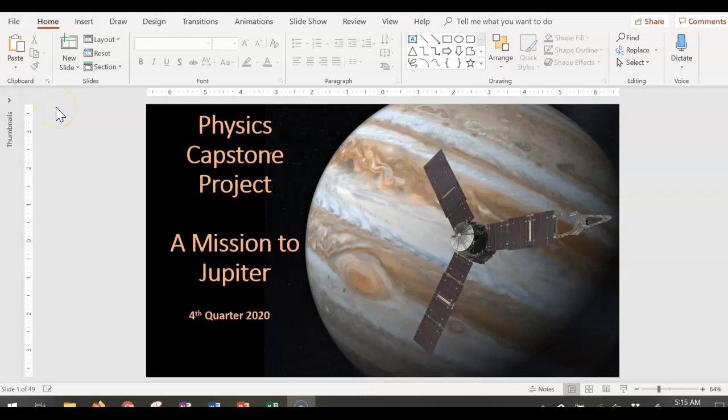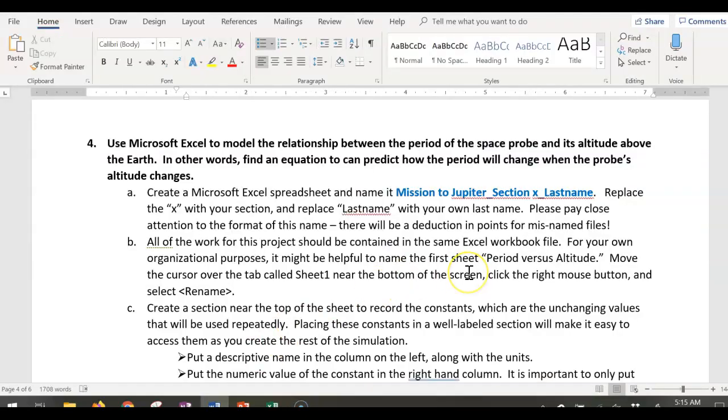This webcast is going to talk about how to do the Excel portion of Part A of our capstone project, A Mission to Jupiter. So I am beginning at step 4 when it says that we should start to use Microsoft Excel to make a model of the relationship between the period of the space probe and its altitude above